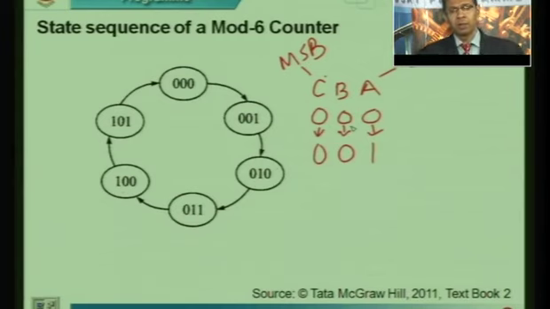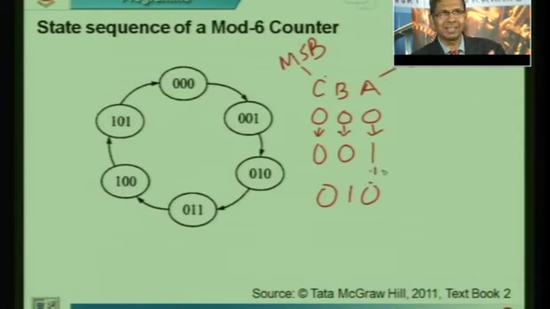In this way, we can think of this entire thing as transitioning from one value to another. When the next clock cycle comes, what should the count indicate? The count is going to indicate 0, 1 and 0. That means A will toggle from 1 to 0. You can visualize this as a toggle mode, or is there any other way we can visualize this? Yes, we can also visualize this as a reset mode or a clear mode, because I am changing the flip-flop output to 0. If the previous output was 1, I am also doing a toggle. So it can be a toggle mode or a clear mode.